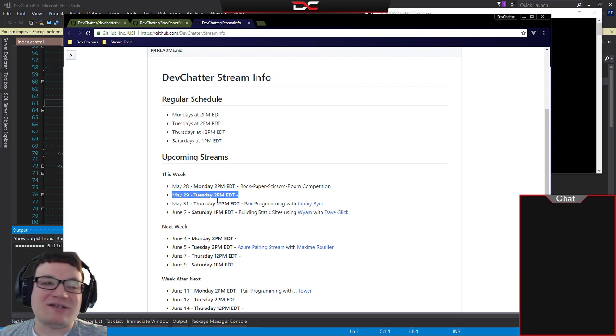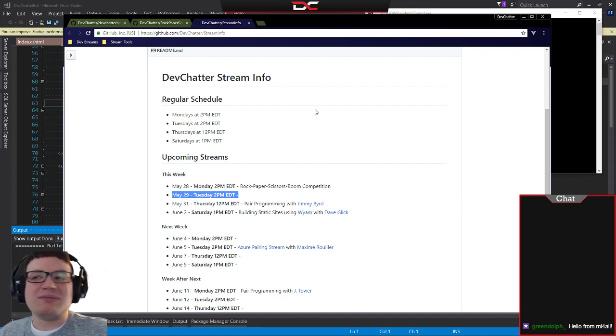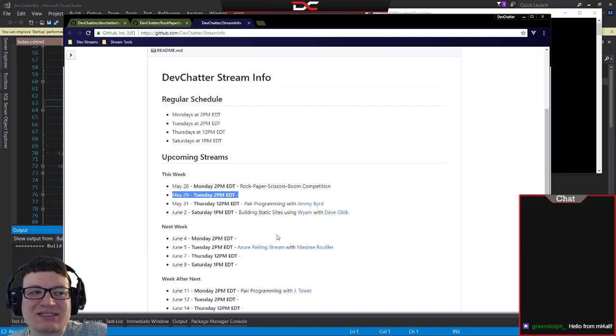However, on Thursday, that's 2 days from now, we are going to be doing some pair programming with Jimmy Bird, who is going to join us on the stream. We're probably going to stick him up in the corner, up in the top right, and he will write code with us. And then on Saturday, we are going to have Dave Glick on the show with us,